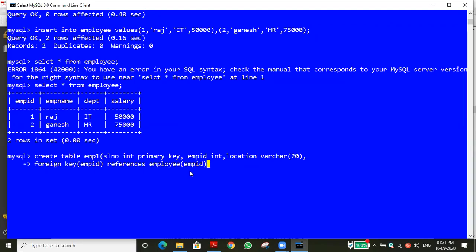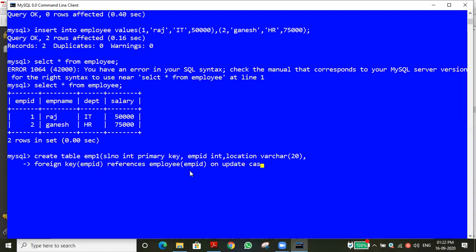In MySQL, restrict means it will completely block the child table from the parent table. The child table cannot access any properties of the parent table, so then there is no use of the foreign key concept. Let me explain a little elaborately the use of on update and on delete cascade. I will explain it in 1 minute.